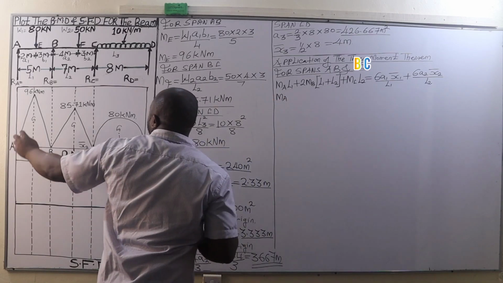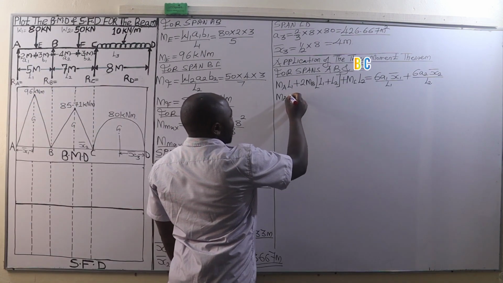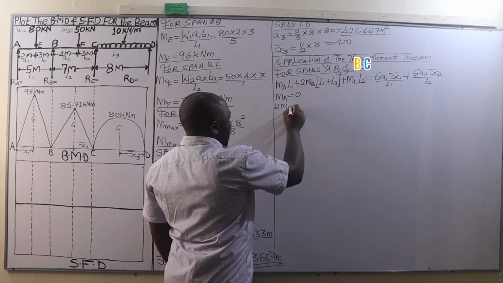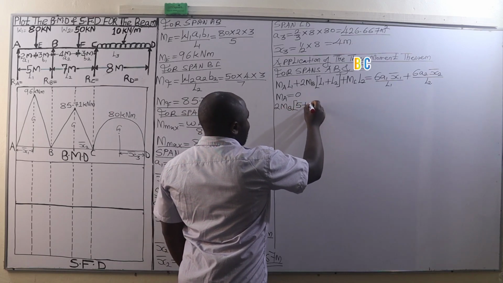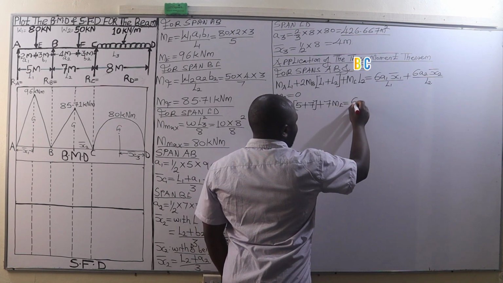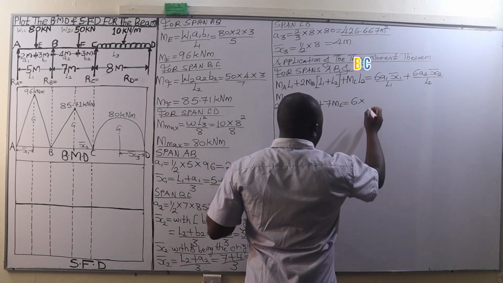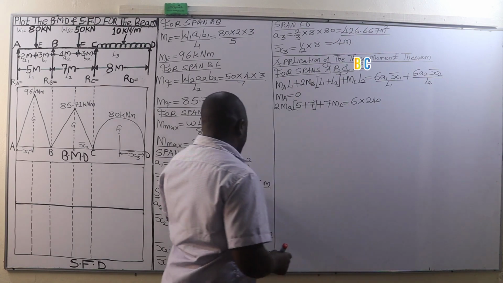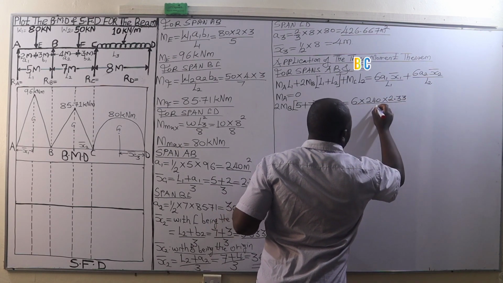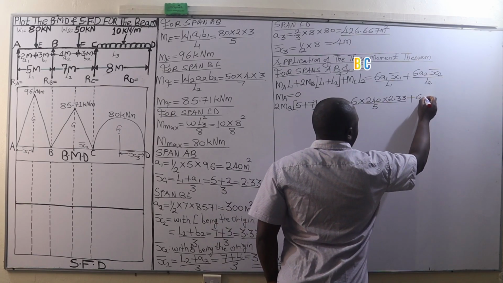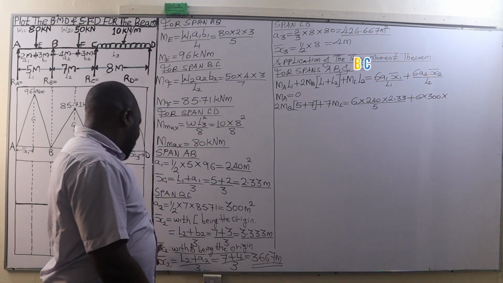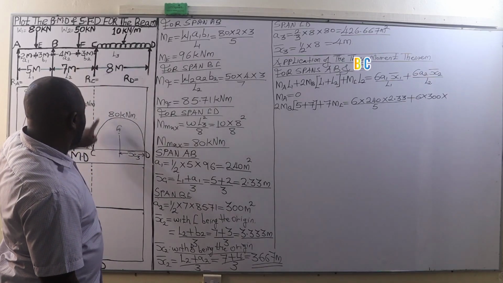Since the beam is simply supported at the end A, the bending moment at A is going to be 0. And therefore, we are going to remain with 2MB into bracket L1, which is 5 meters, plus L2, which is 7 meters, plus L2, 7 multiplied by MC, being equal to 6 times A1, which is 240 square meters, by X1, which is 2.33 meters, so we multiply that by 2.33 meters, then we divide by L1, which is 5 meters, plus 6 multiplied by A2, 300 times bar X2, in this case bar X2 with C being the origin,